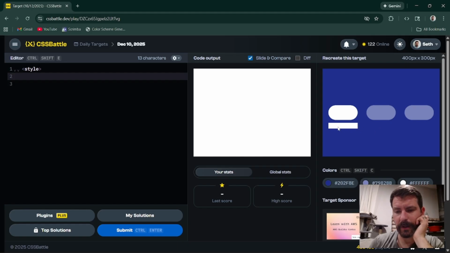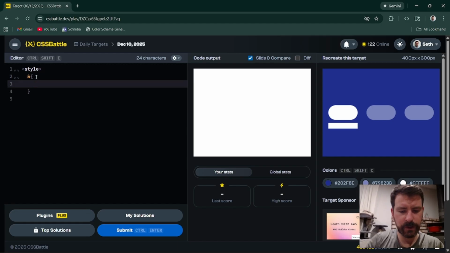And this bar here, it's not going to be a box shadow. You know what it's going to be? I know what it's going to be. I'm going to make it a border, but I'm going to do it on the